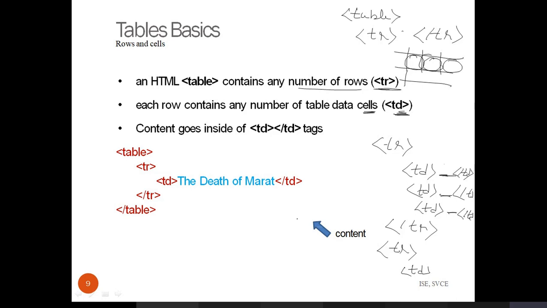Okay, you can just observe here. There is one small example. Always, when you want to create a table, you need to start with the table tag, followed by how many rows and how many cells there are. That is indicated using the tr and td tags. So here I have represented it in the same manner.